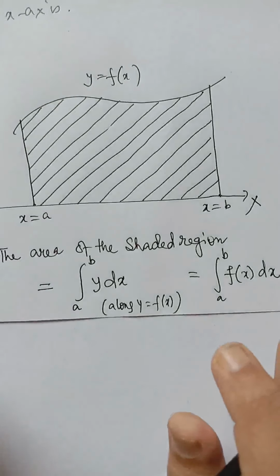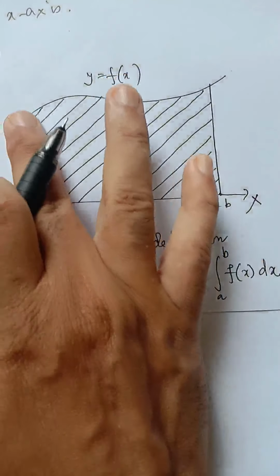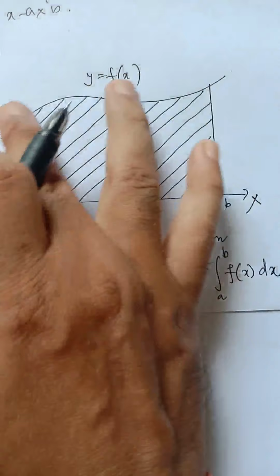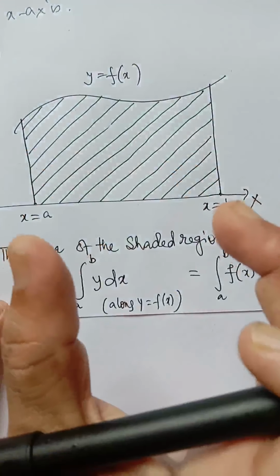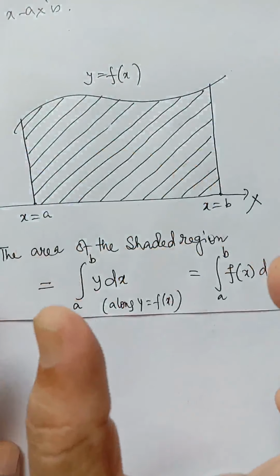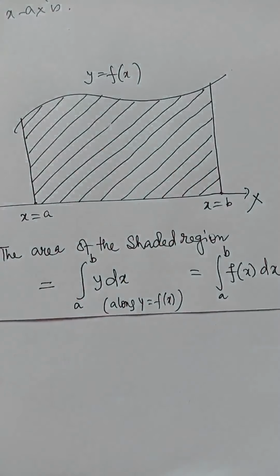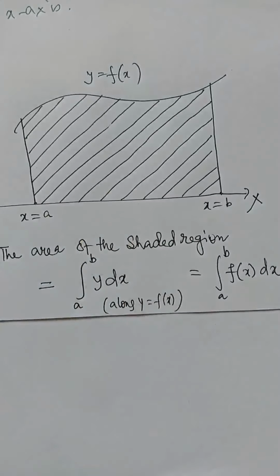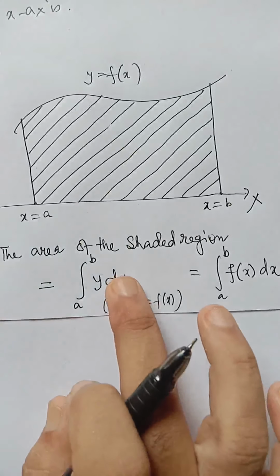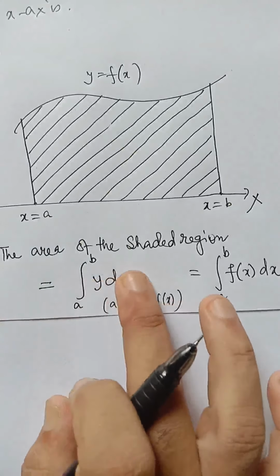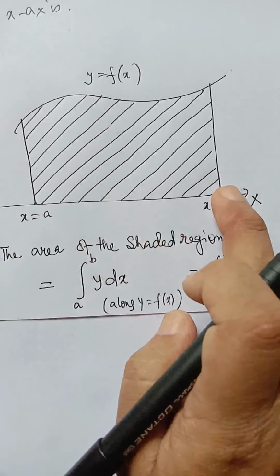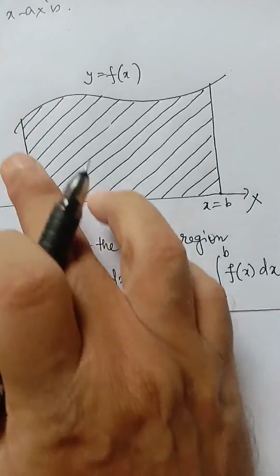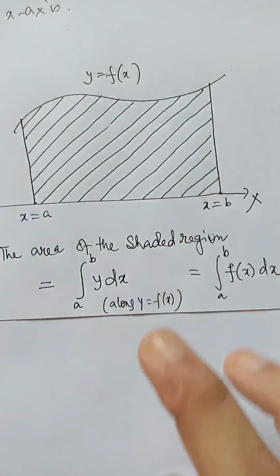In this way you have to think. Suppose we have to find the area of a particular region, just think which of the x-axis or y-axis is one of the boundaries of that region. Here the x-axis is one of the boundaries, so we have written dx, with that I have written y dx from a to b. And we have to replace y from the equation of the upper boundary.